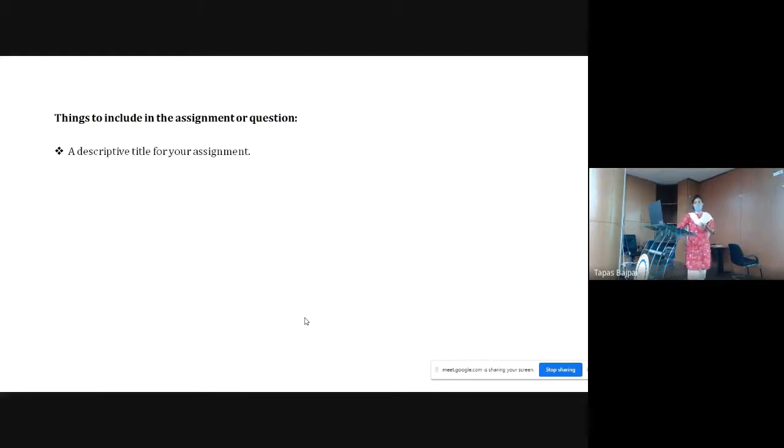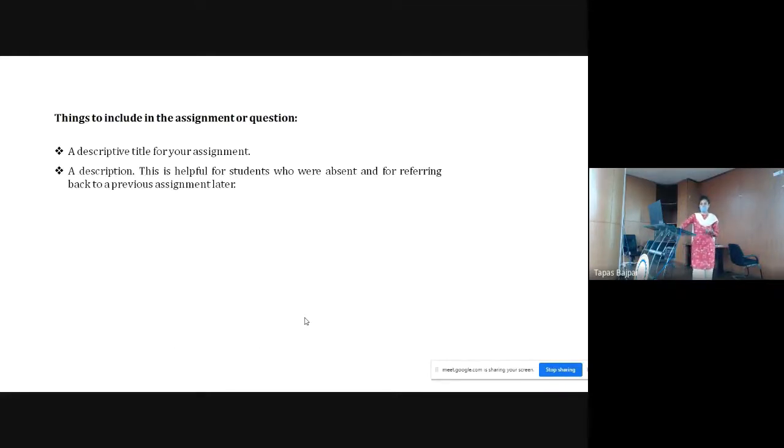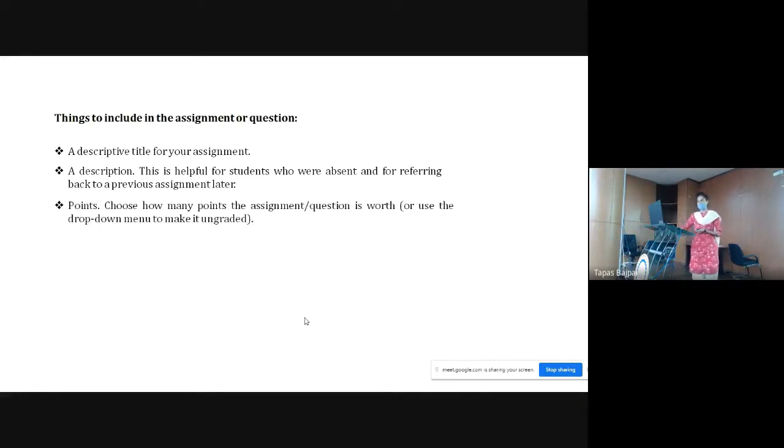So a descriptive title for the assignment, these things we should follow, and then we should add a description. This will be helpful for the students, like which topic it is, and then points. We can assign how many points, like particular questions will be of 10 marks or 5 marks or 2 marks.